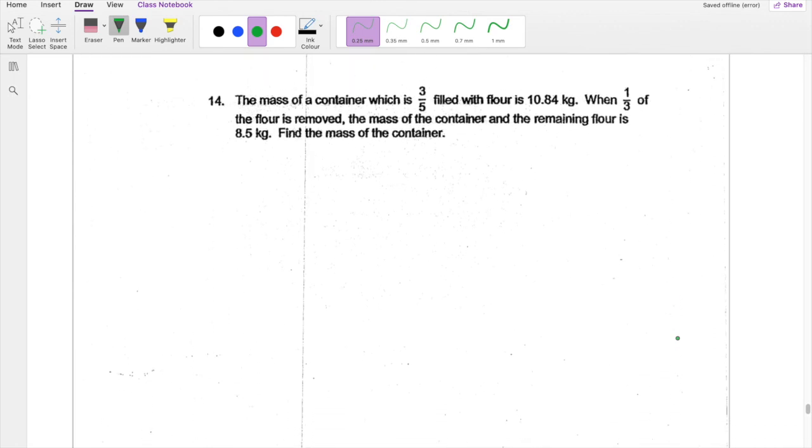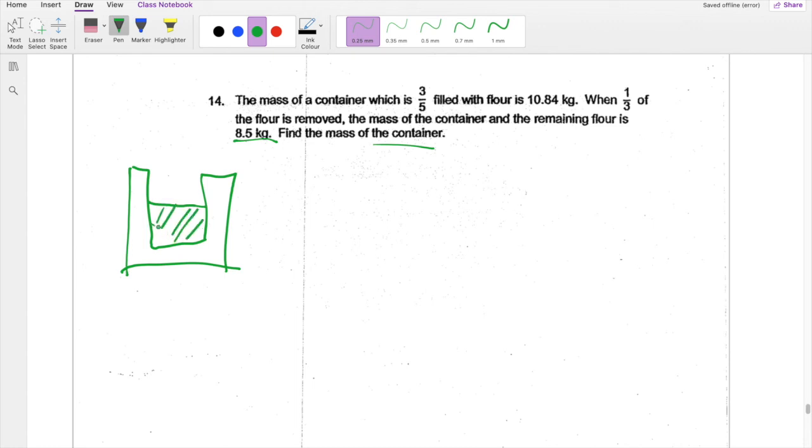Okay, question 14. The mass of a container which is 3/5 filled with flour is 10.85 kg. When 1/3 of the flour is removed, the mass is 8.5 kg. Find the mass of the container. Well, this one, we know that the container also has weight, right? So initially it had flour. After we remove some